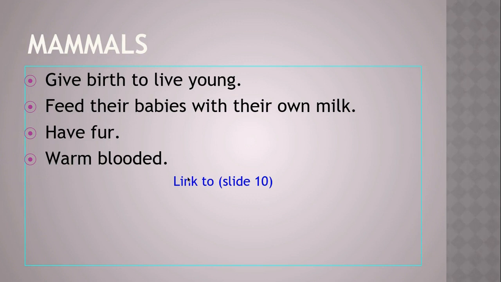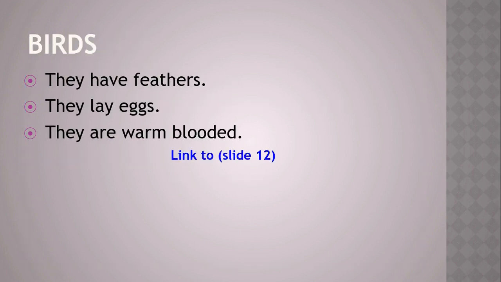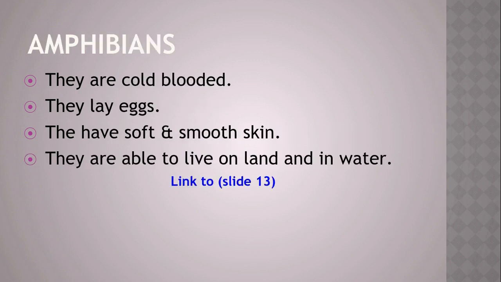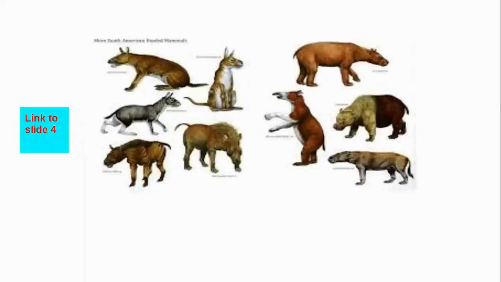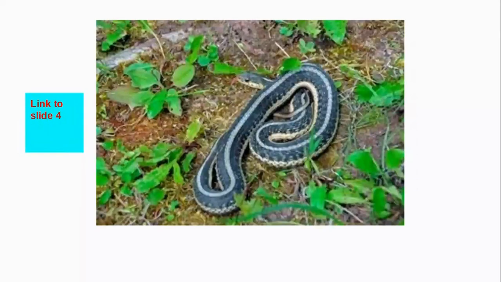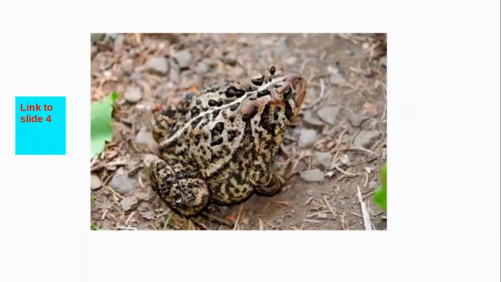And on each gray slide, you're told what to do. Link to slide 10. So here you will have to create a link that takes you to slide 10. And slide 10 is mammals. It's a picture of a mammal. So these are the gray slides, and they tell you where to link them. Then these are the pictures that you'll be linking them to. So, for example, that first group is for mammals, that's for reptiles, that's for birds,